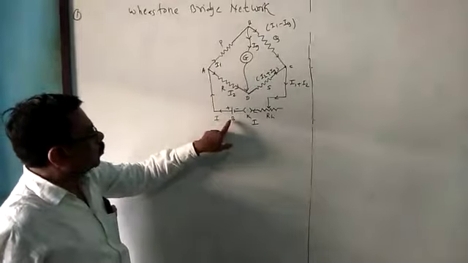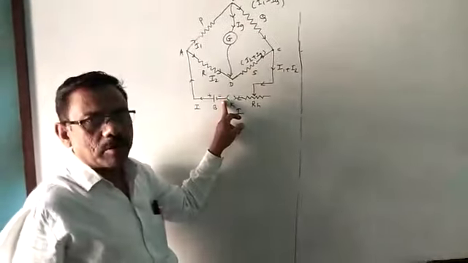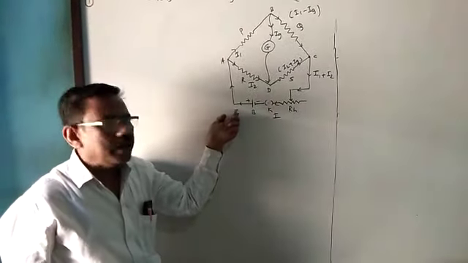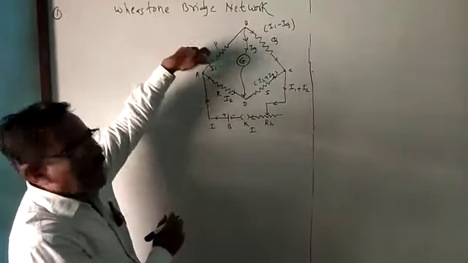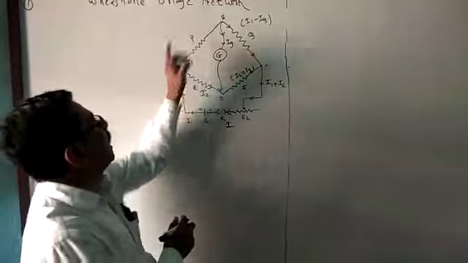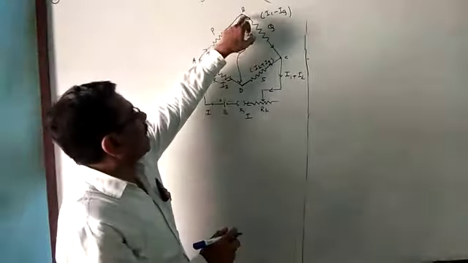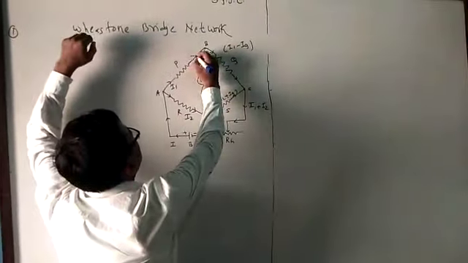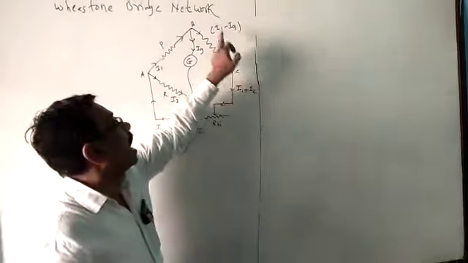A is connected to the positive terminal of the battery and C is connected to the negative terminal of the battery. Therefore, at point A, the total current I flowing from the battery is divided into two branches. I1 is the current flowing along branch AB and I2 is the current flowing along branch AD. But B and D are junction points, and therefore at point B, the current I1 divides: some current flows through the galvanometer, that is IG, and the remaining current flows through Q, that is I1 minus IG.